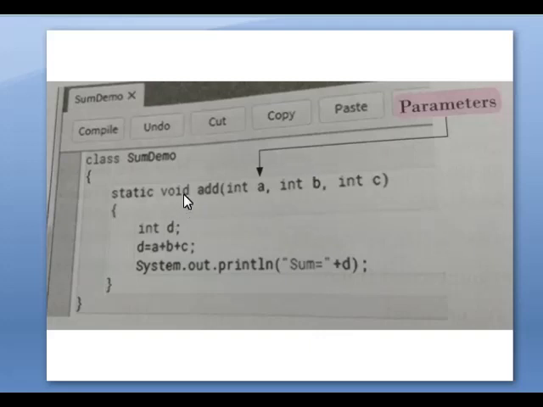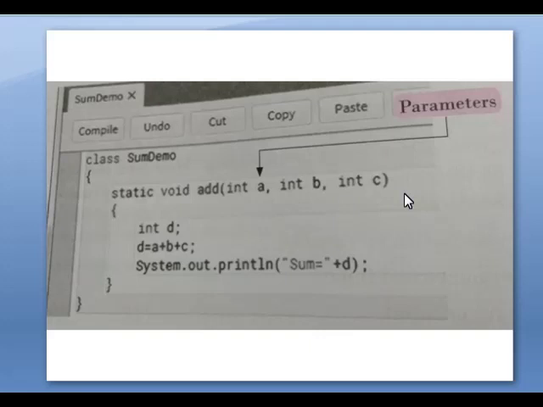This is the example to show how the parameters are declared in a program. See, void add. Add is a function. Here we are using three variables inside the bracket. So they are called arguments. If the variables are declared inside the bracket, it is called an argument or a parameter. Here three variables we used, that is a, b and c. We have not given any values to the variables a, b and c. There is one variable we are using to store the addition of these values. So a, b, c are unknown values. When we execute this program, it will ask the value for a, b and c.